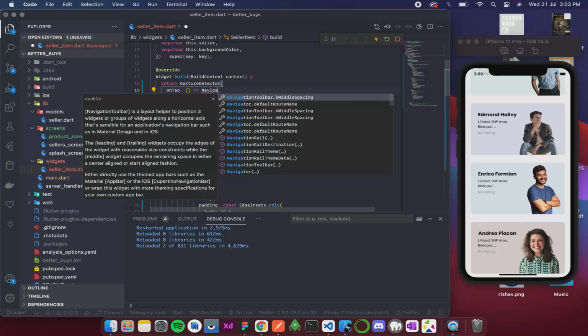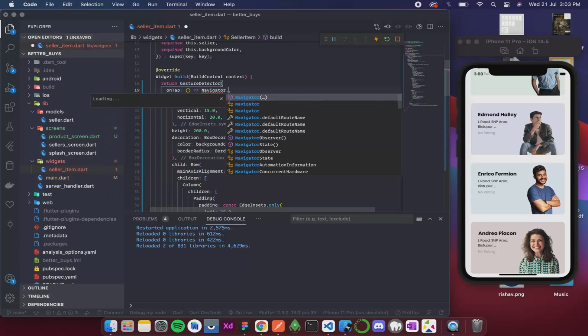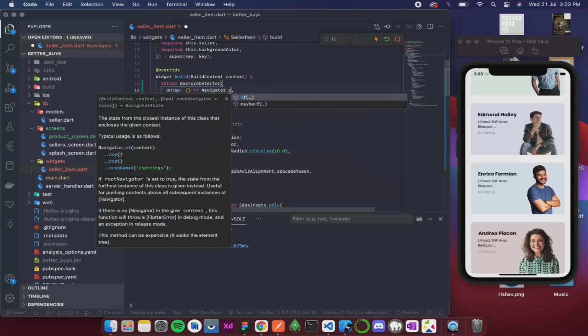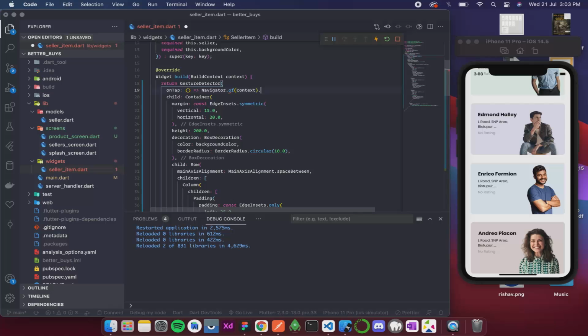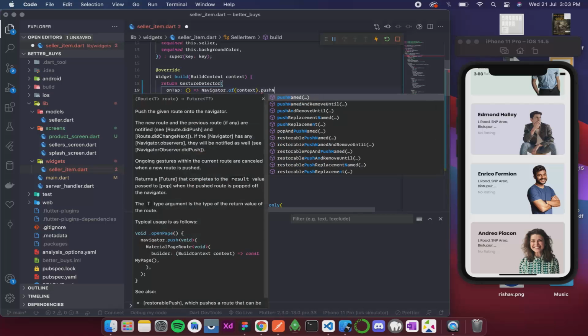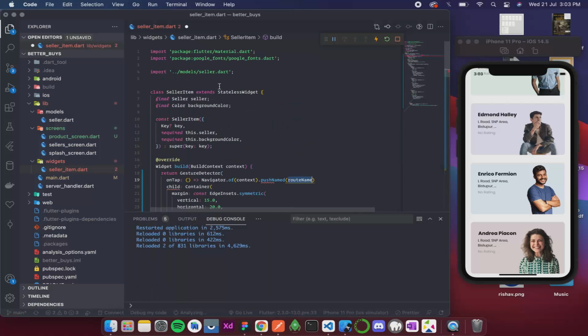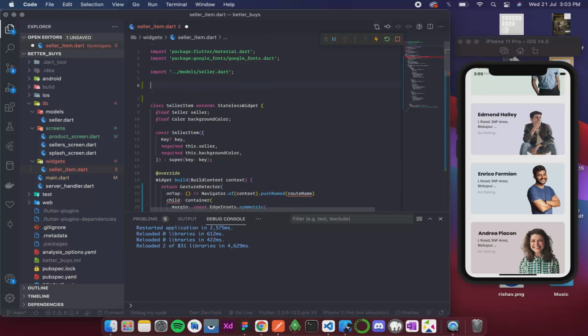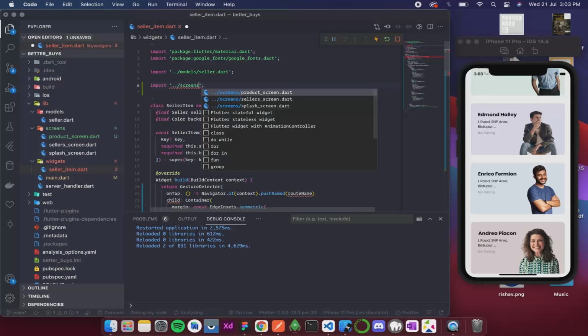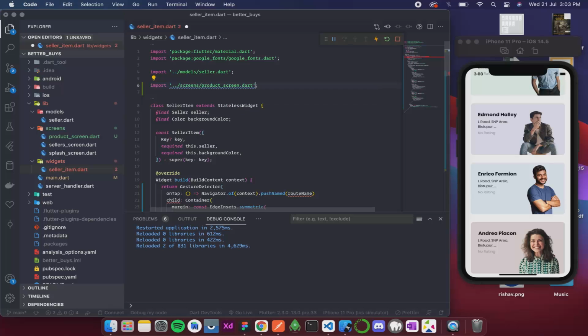So I'm going to write Navigator dot of context push named, and for the name again we're going to need to import that screen. Over here I'm going to write import, and then into screens, and then inside the screen it is going to be product screen.